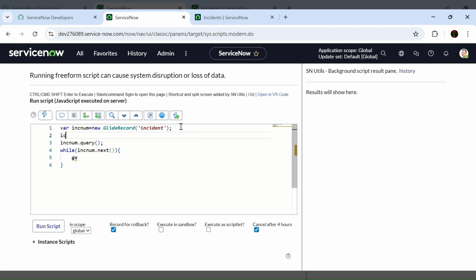So incNum.addQuery, category is network,